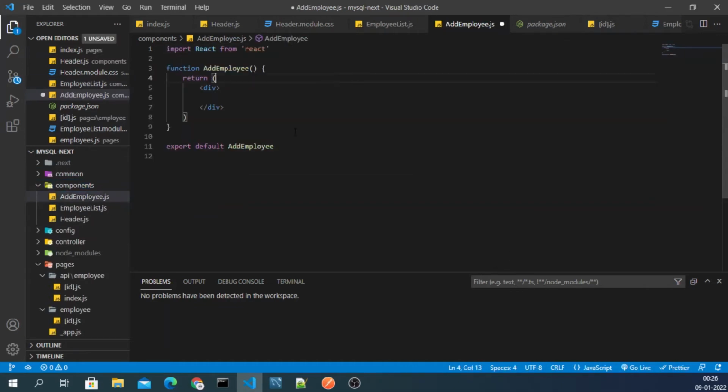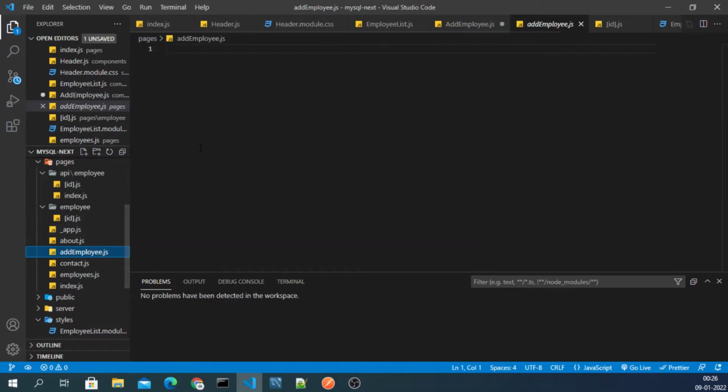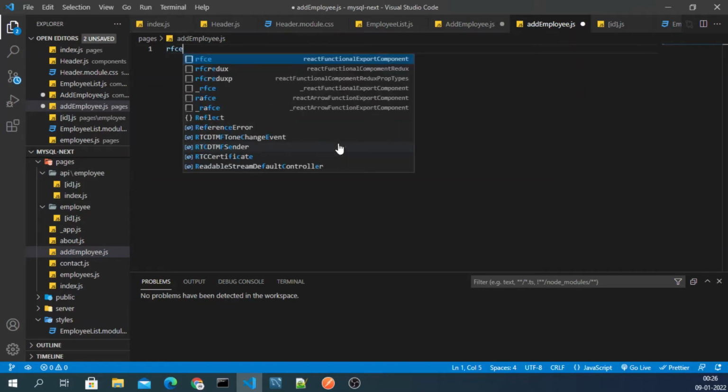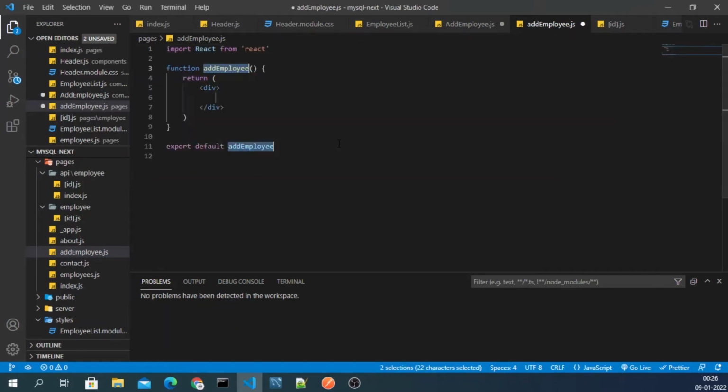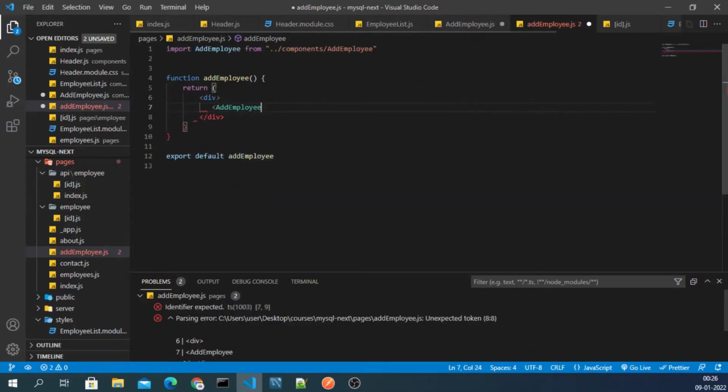Okay, and now because we have already given the path for add employee, this is the path. So here we just have to type rfc and then like this. We can remove this because this is not a web part, and then simply we can directly call that add employee, right?